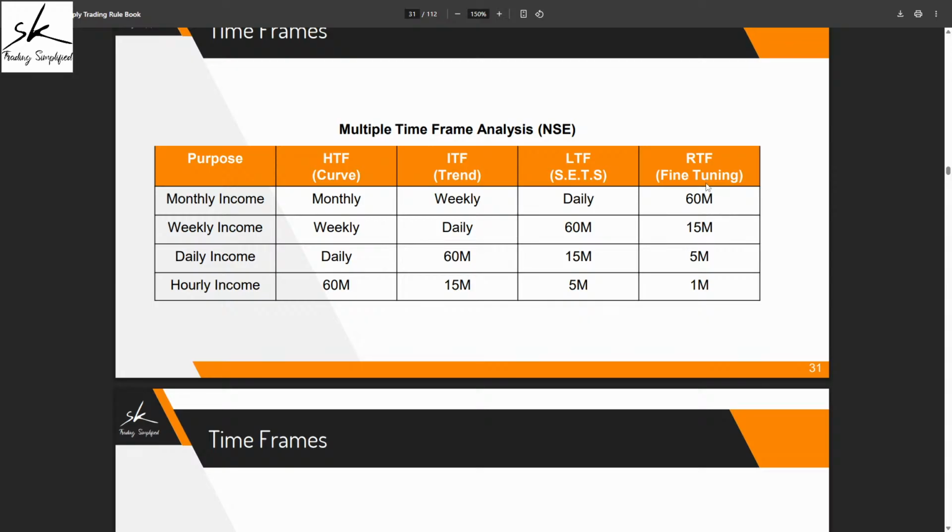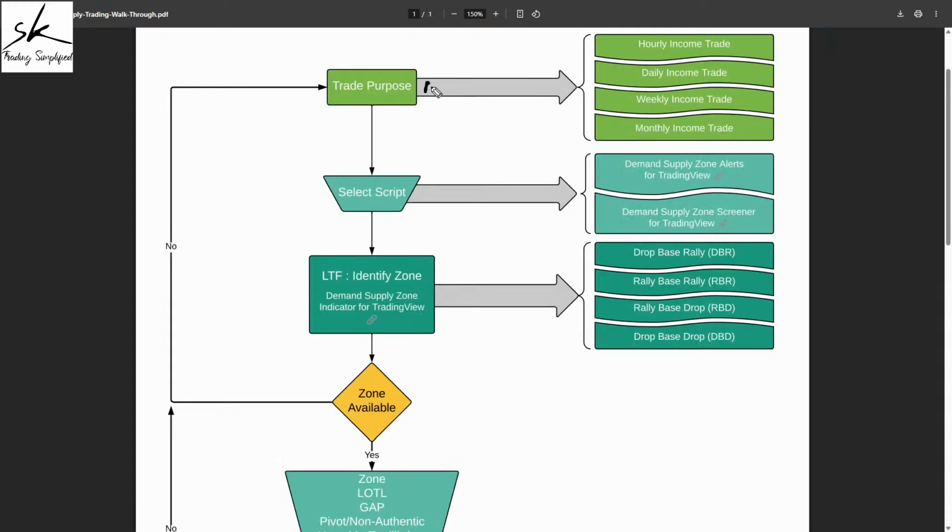So as soon as I'm done with my step number 1, now I have the clarity on what time frames I'll be using, plus what is going to be the purpose of each and every time frame. So my challenge number 1 is taken care of. Now the next challenge is, yes, I do know my time frames. I know what analysis I need to do on each and every time frame. But let's say if I take the example of NSE, on NSE we have over 2,000 plus companies listed. So humanly it is not possible that every day I sit and analyze 2,000 plus companies.